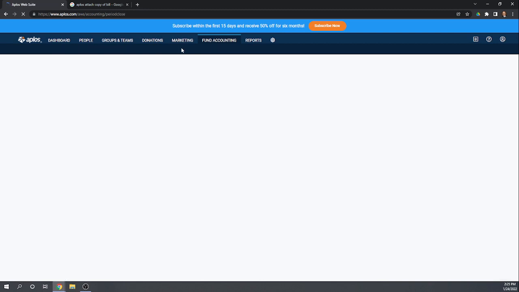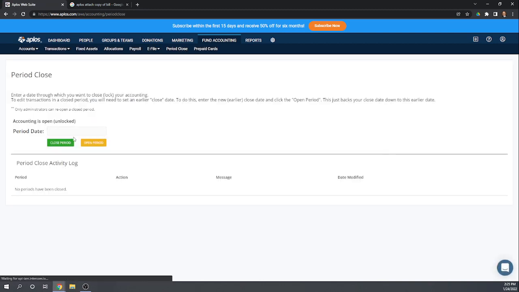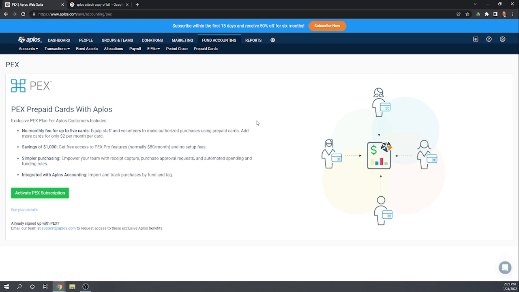Period close. So period closes are important. You close a period and then nobody can actually make entries to that period. So it's important once you close your books in order to file a tax return, you can't have any more entries into that prior period, or you're going to have to amend your tax return. So it's important to be able to close the period, and then it looks like you can manage some prepaid cards. So very cool. I like the software except for the fact that it doesn't allow you to enter either